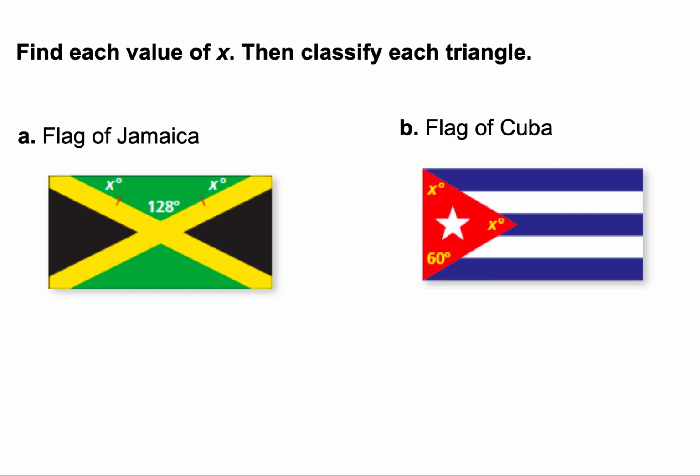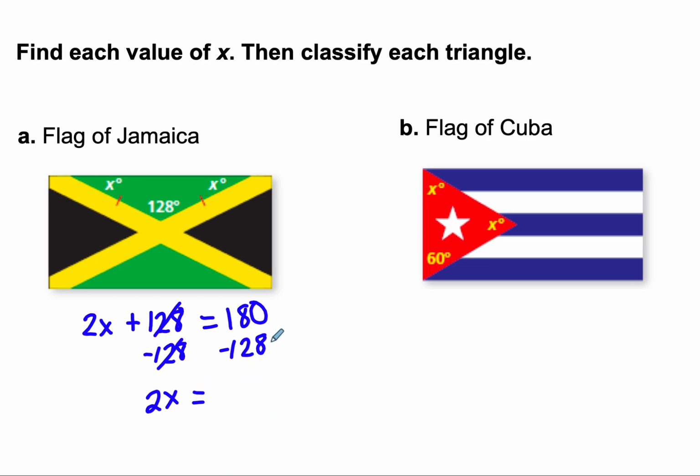All right, so for our next type of problem, same type of question, except this time we have two x's. We're still going to write an equation that equals 180. So here we have two x's plus 128 equals 180. All right, so now we have a two-step equation. We have to do order of operations backwards, which means we add or subtract first before we multiply or divide. So to cancel out the plus 128, we are subtracting 128. That is going to give us 2x on this side equals, and then when we do 180 and we subtract 128,